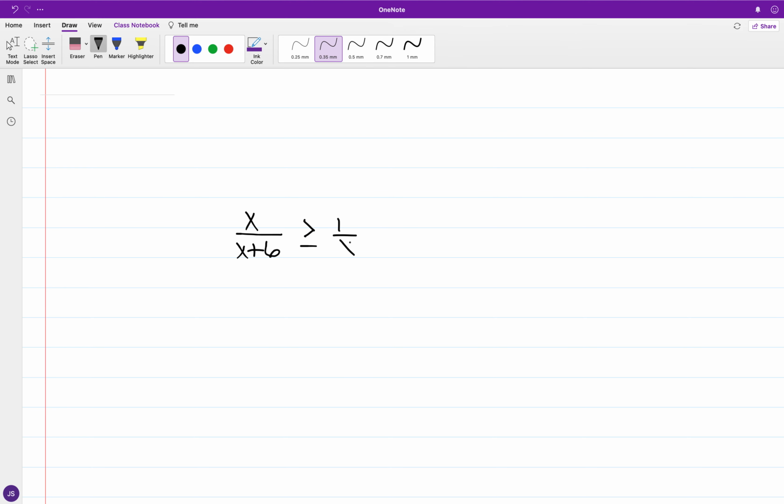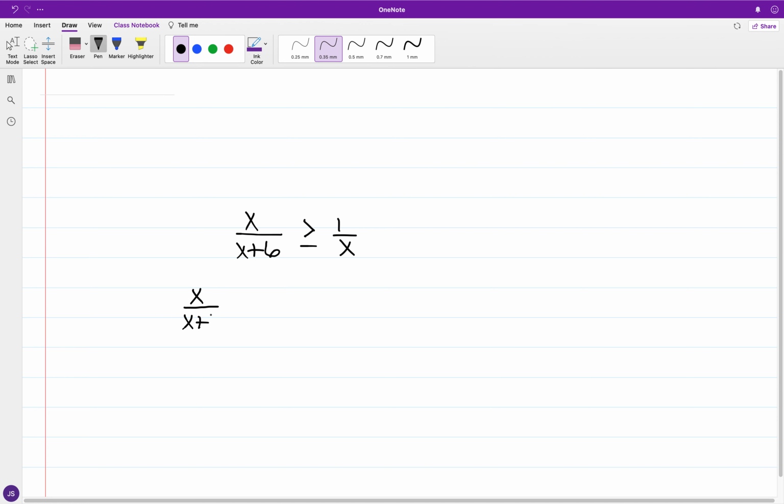Okay, so you have a comparison between ratios, and if I write in terms of comparing to 0, so you have x over x plus 6, you have minus 1 over x is greater than or equal to 0,